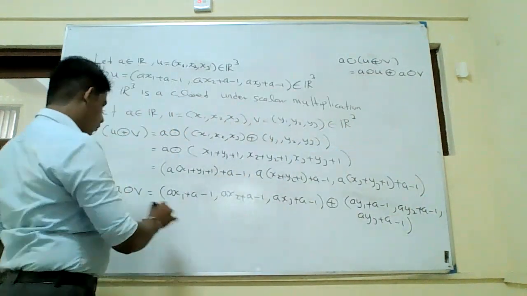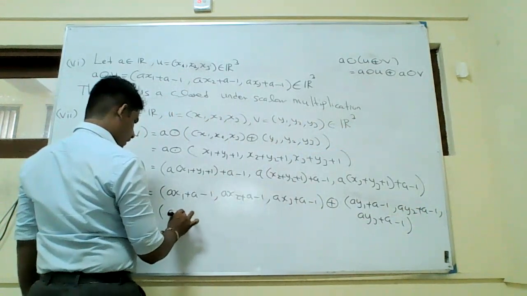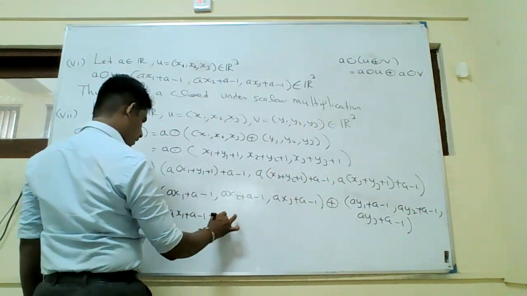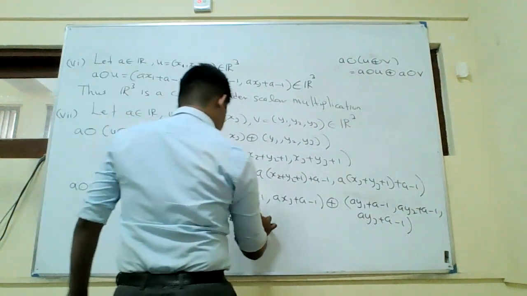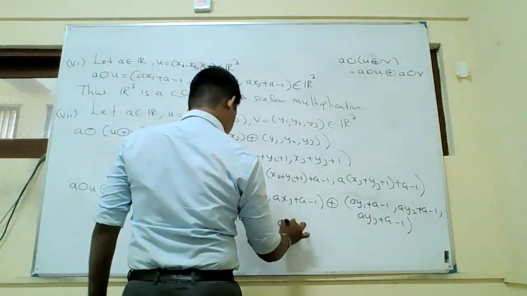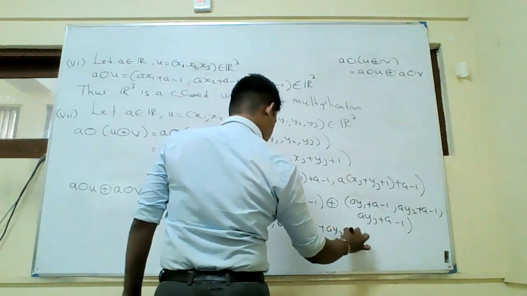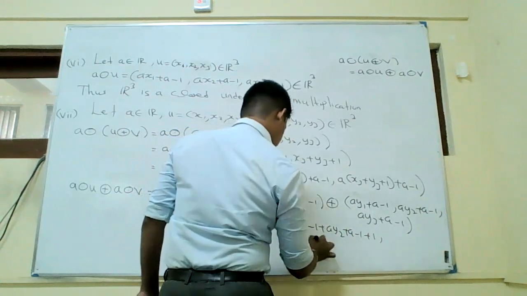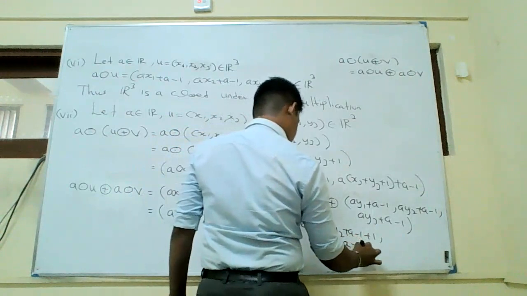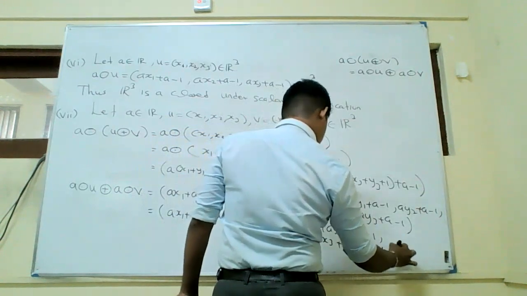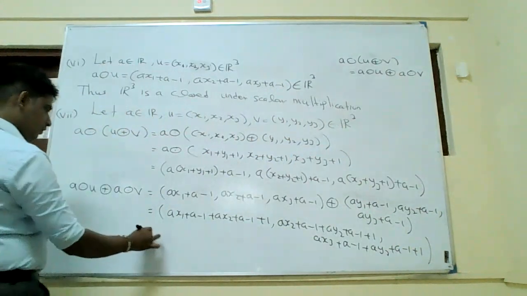Okay, now you add both, then you get again ax1, a minus 1, ax2, a minus 1, again plus 1, ax2, a minus 1, ay2, a minus 1, again plus 1, ax3, a minus 1, ay3, a minus 1 plus 1. You simplify this one, you will get